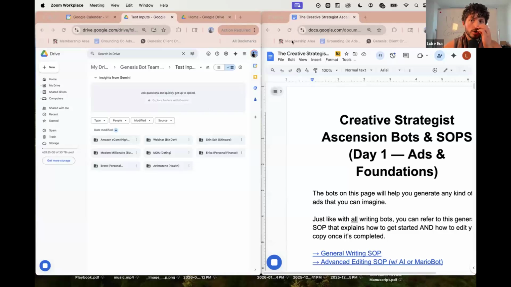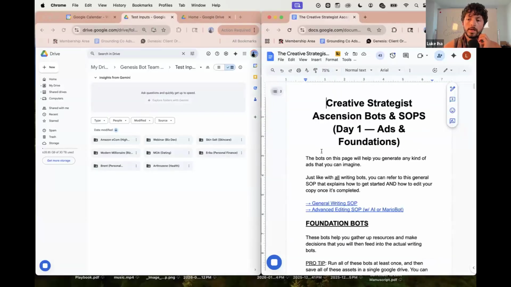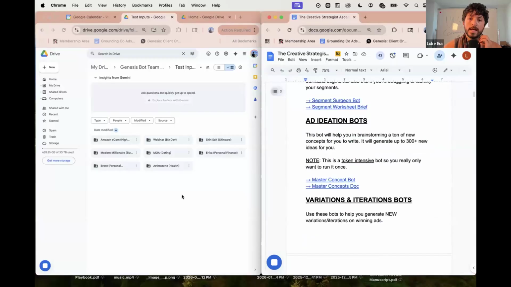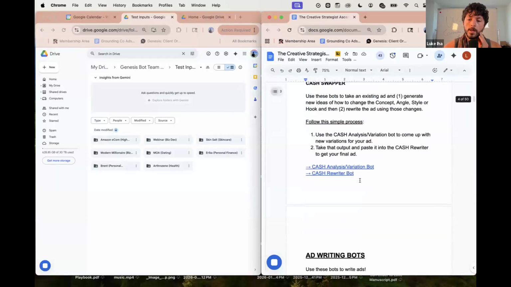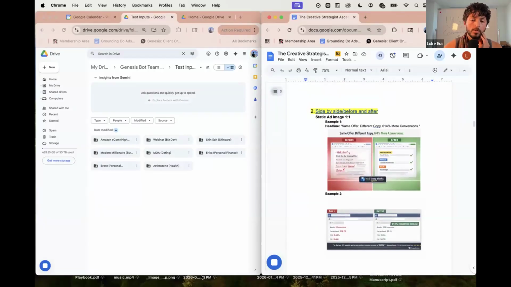Okay. So I'm going to do my best. I think this is probably the best way to do it. I have all the SOPs that you have on this side, and then I have some different test inputs that we can use to kind of play around with things. Okay. Oh, actually, one last thing. Sorry, before we go. I know I've been pausing a little bit, but let's make sure you guys have access to this.